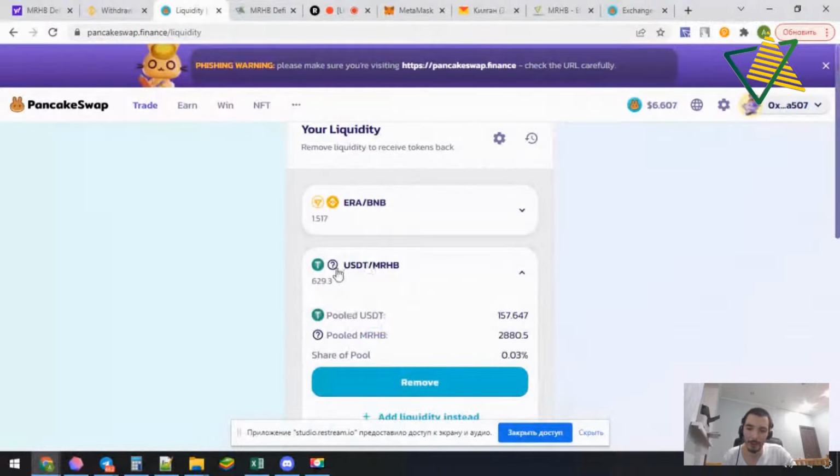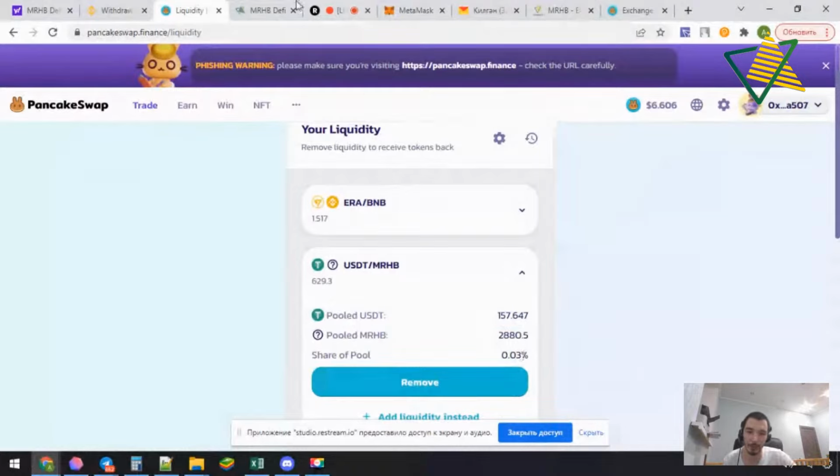And inside of these 629 LP tokens, I have pooled 157 USDT and 2,880 MRHB tokens, and my share of the pool is 0.03%. Okay, is it clear now?